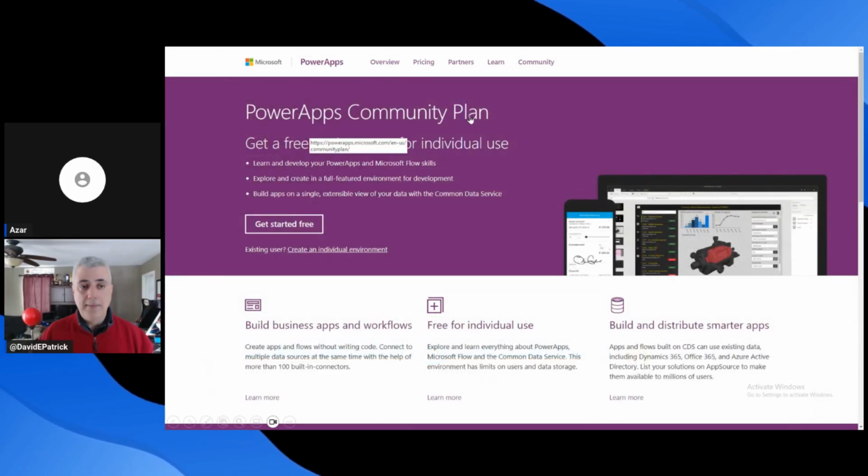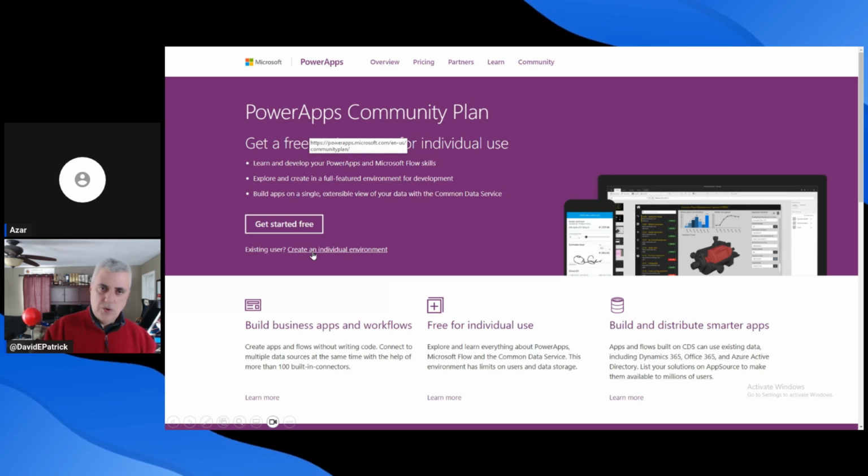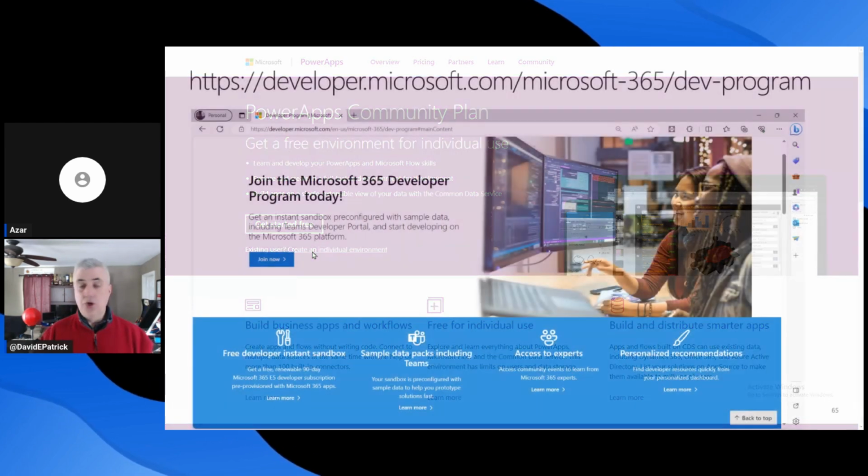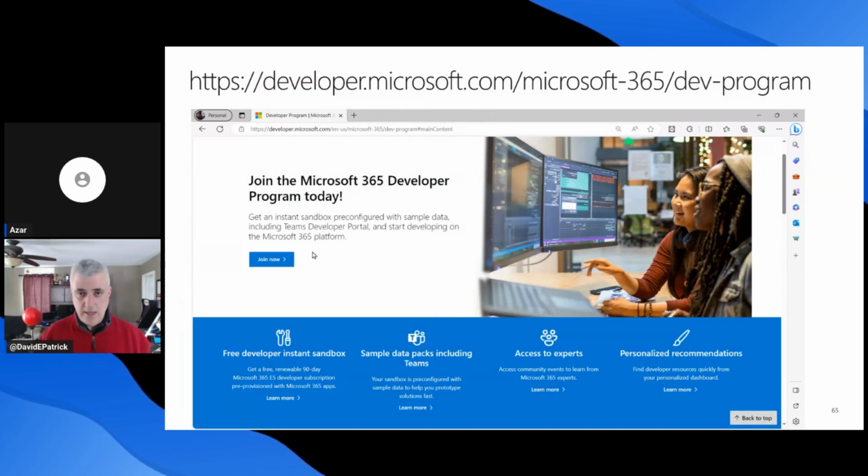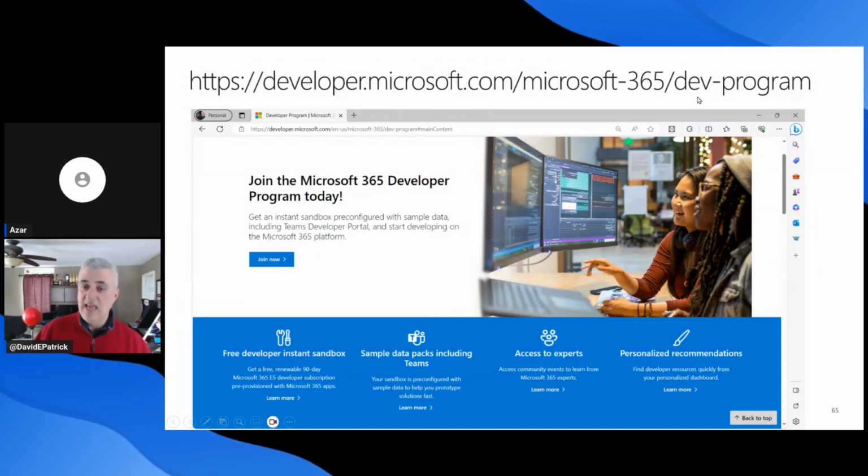You could sign up for the Power Apps Community Plan. This is your own area on your work tenant. So if you work with a school, or you're at a regular commercial organization, you can add your own individual environment, your own Dataverse environment, to your work tenant. And the reason that's nice is that way it's very easy to move things from your test area to production. You can also, if you want your own completely separate tenant, use Microsoft's 365 Dev program